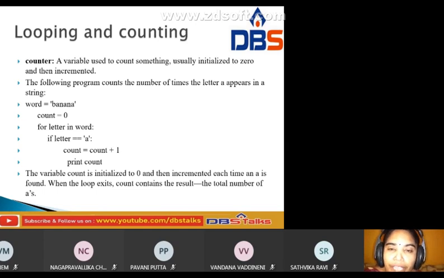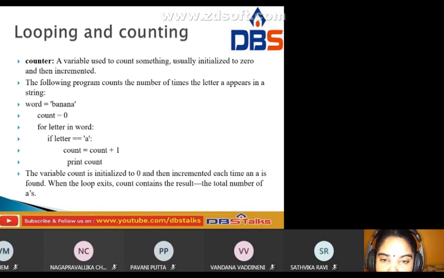For letter in word, the letters come from banana. If letter equal to A, the condition is true, count equal to count plus 1, means 0 plus 1, 1 A. Next we go for N, condition false.